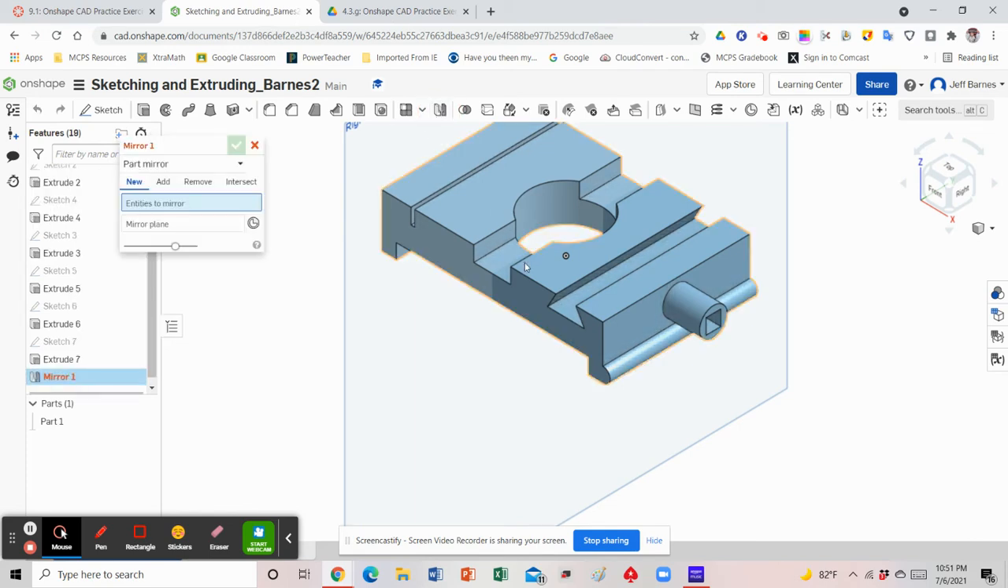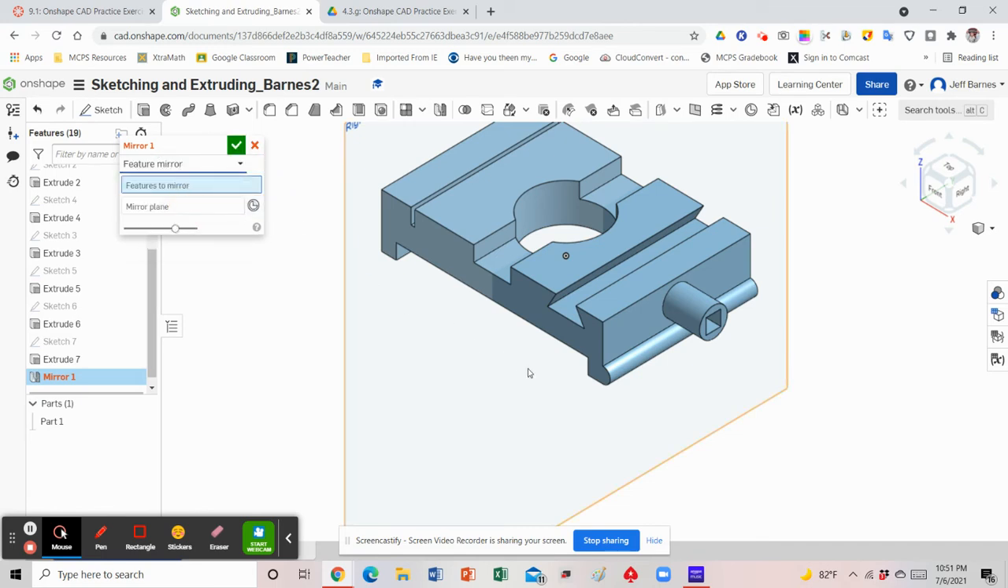Okay. And then it's going to ask me what part do I want to mirror. Actually, I don't want that. I want to do a feature mirror, so I'm going to hit the little drop down. Again, I don't want a whole part, because that's what this whole thing is. So I'm going to hit the little drop down and hit where it says feature mirror. Okay. Now I can pick a specific feature that I want to mirror, which is going to be this little